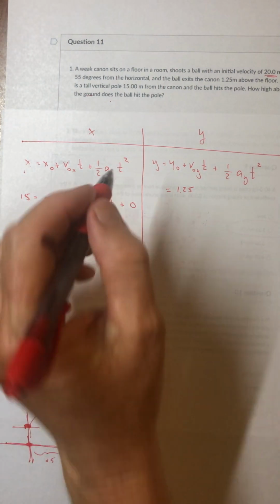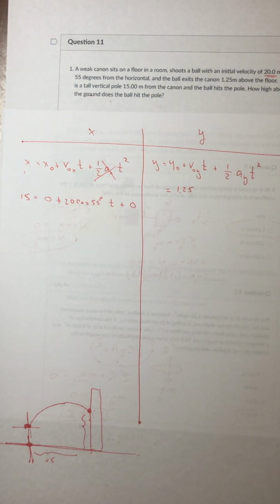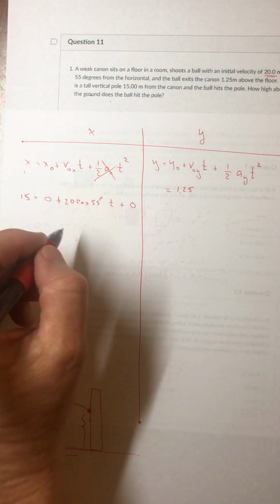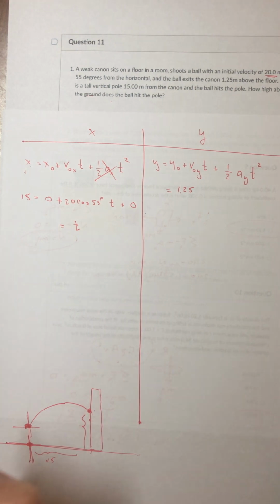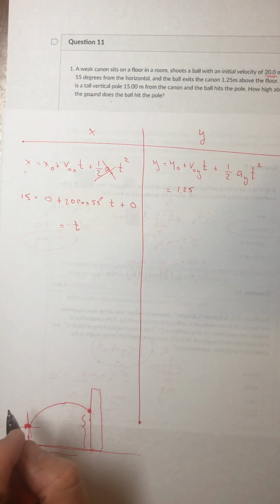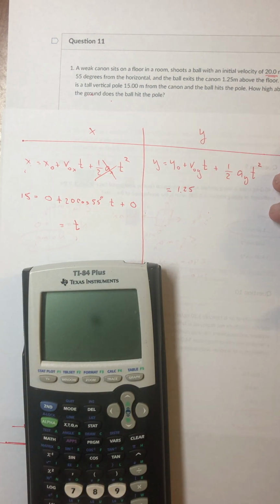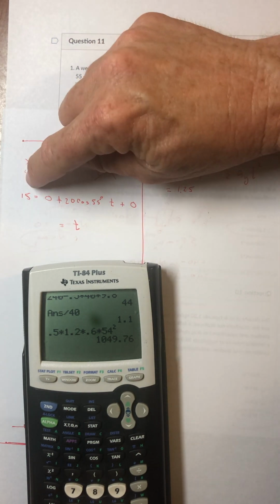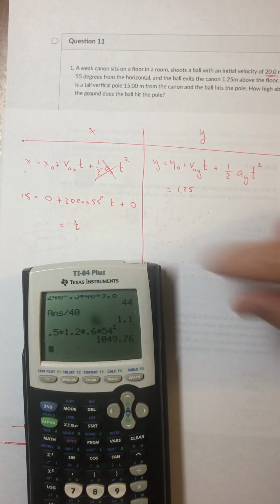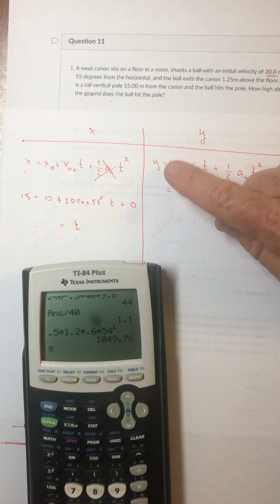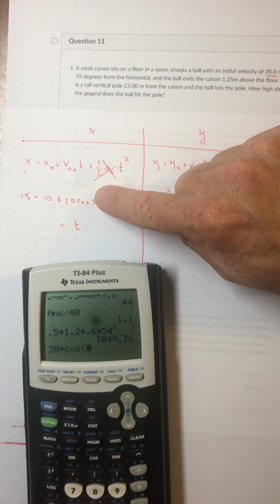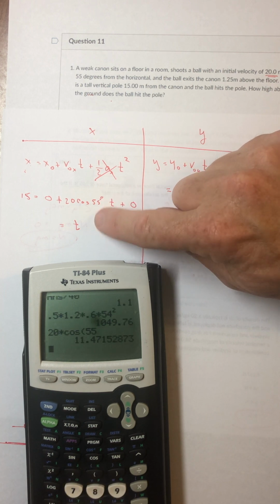And a very important step for projectile motion is to recognize there is no acceleration in the horizontal direction. And that right here allows us to then solve for time. And that's what I mean by we knew something about the x motion. So I'm going to do this column first as opposed to the other equations on the test so far. We knew something about the y motion. But if I do this 20 times cosine of 55, that means the horizontal speed is